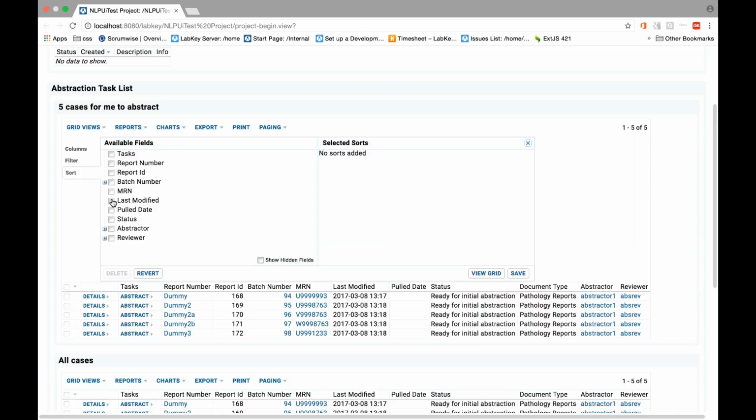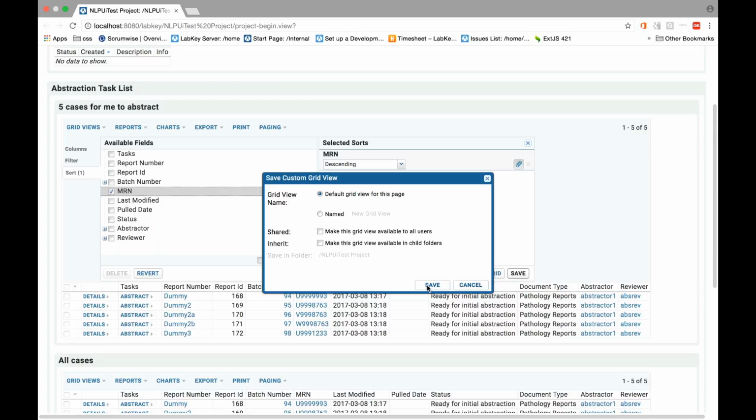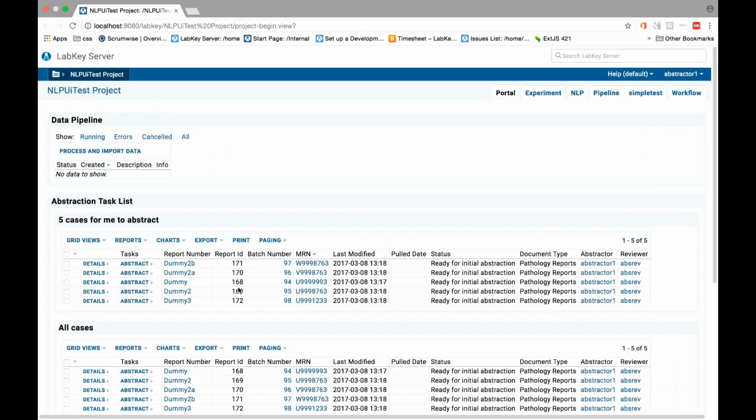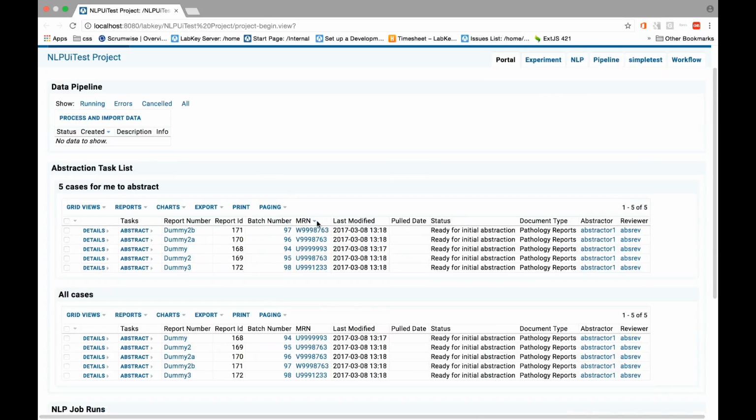For example, if I define a descending sorting on MRN, and then I save that as my default grid sort, as you can see, now my task list is sorted by MRN. And now if I start from, for example, report dummy 2A,